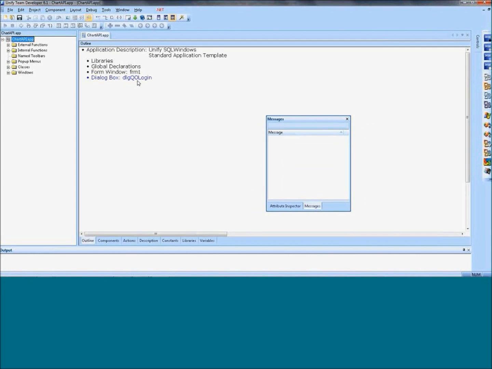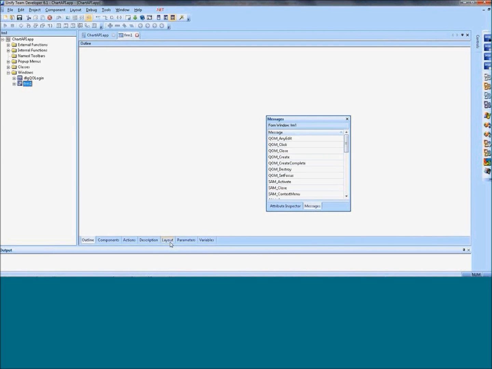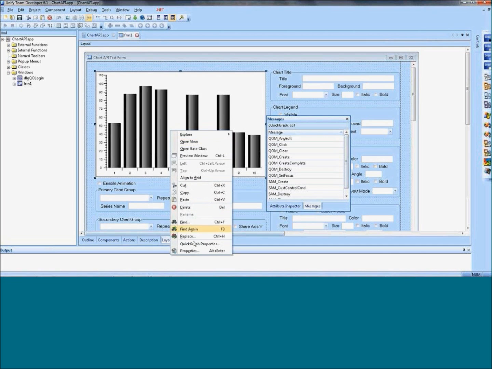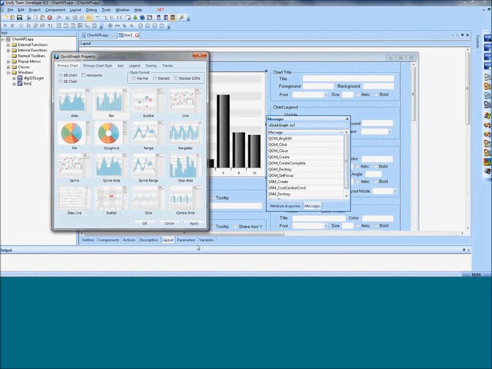Then let's go into this application. I hope that one works nicely. This is actually a new sample application that shows you most of the new chart API that is available and lets you play with that. And you can see here a new chart control has been dropped here, and there's a number of properties that you can set here. One thing you can do here is open Quick Graph properties, and you get the new property dialog, which allows you to choose from what the new control has. You can change to